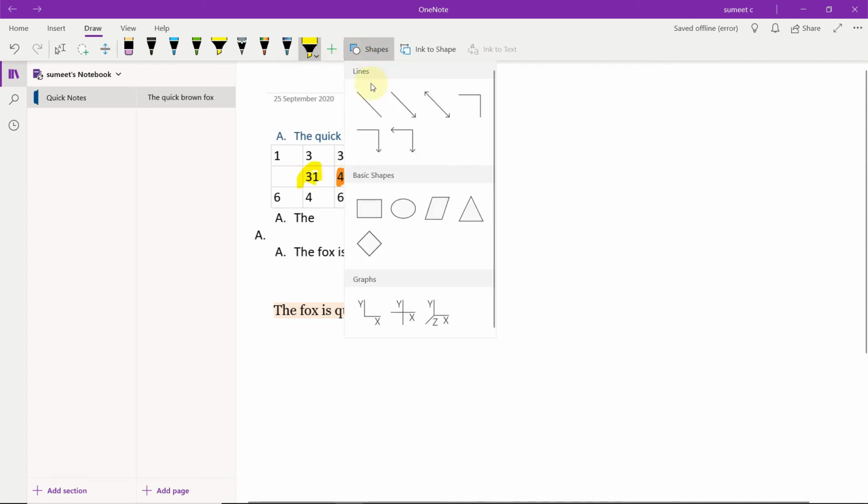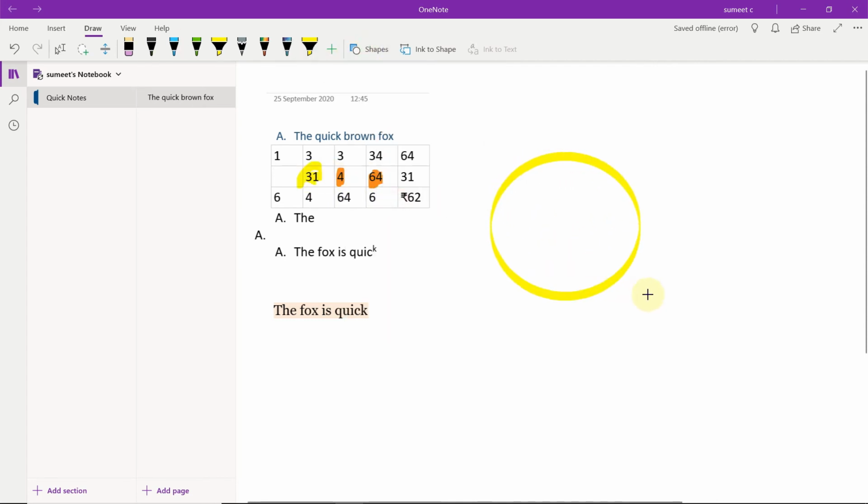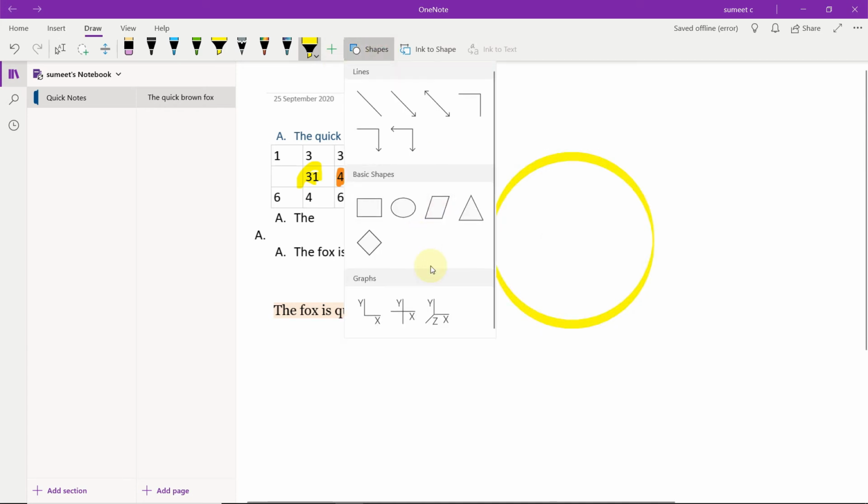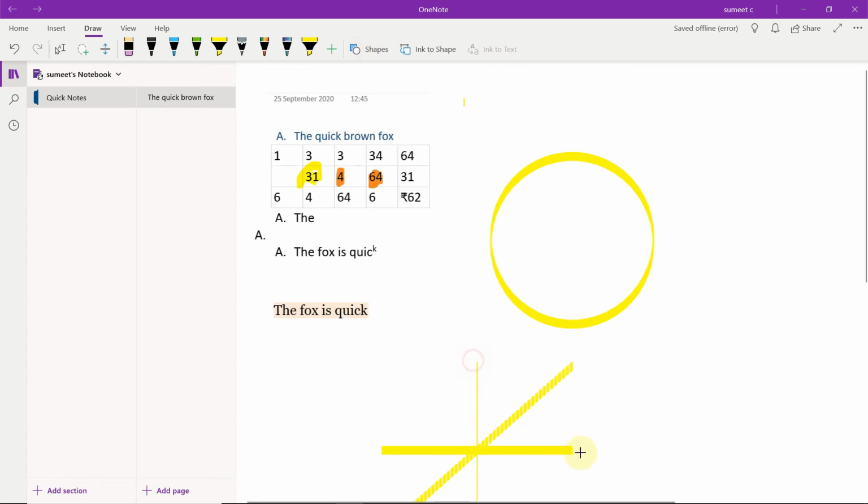So then there are various shapes. You can draw shapes, you can draw figures like circles. You can also edit them. You can also draw graphs on the X, Y and Z axis. These features are quite good. In Evernote I don't think these features are there.